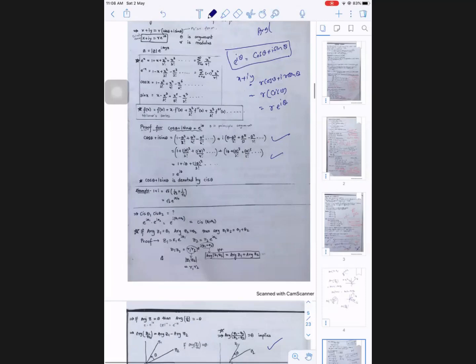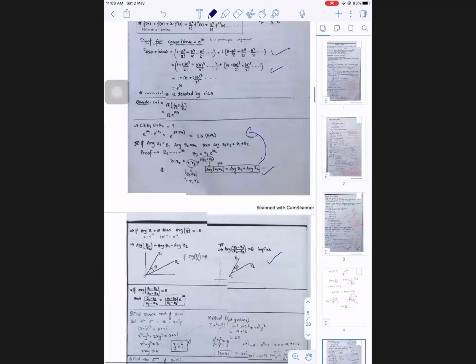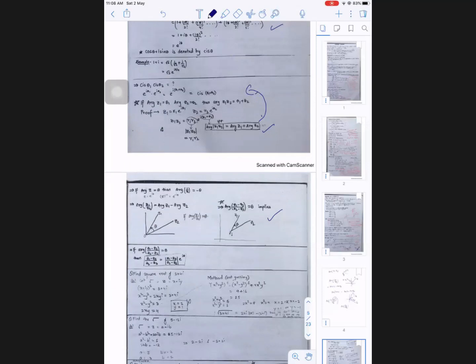Next, the proof of argument of z1 z2 equal to argument of z1 plus argument of z2 is also coming with the help of this point. If you simply take z1 equal to e power i theta 1, z2 is e power i theta 2, then z1 into z2 is e power i into (theta 1 plus theta 2). That's why this formula is coming. Argument of z1 z2 equals argument of z1 plus argument of z2. Okay, just now what we discussed, that point is this: argument of z1 by z2 is the same as argument of z1 minus argument of z2. And this notation is important.